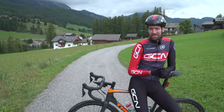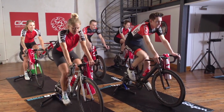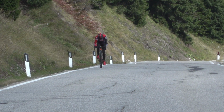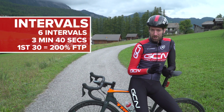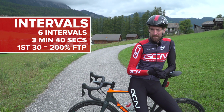You may well have heard of this next session before, or even done it yourself actually, because we've got it here on GCN as an indoor training session which you can train along to. Now you can do this on the flat, but preferably you want to find a climb to do it on. Once you've done your warm-up, we're going to do at least 6 intervals which last 3 minutes and 40 seconds each. For the first 30 seconds you want to be at 200% of your FTP, and that is a big